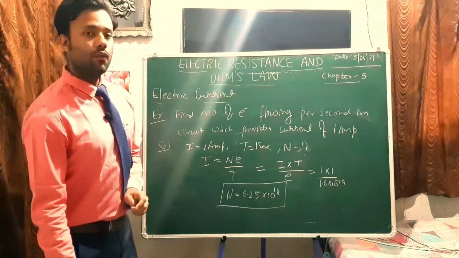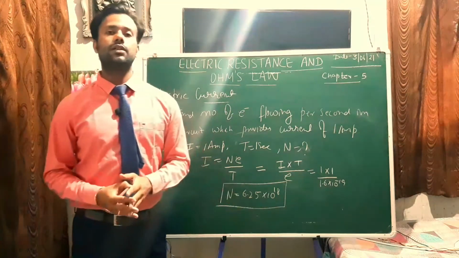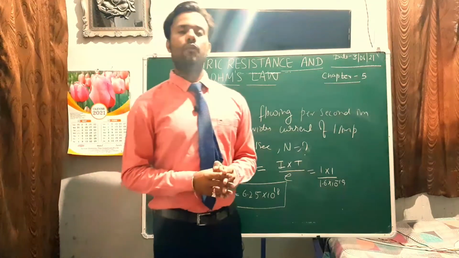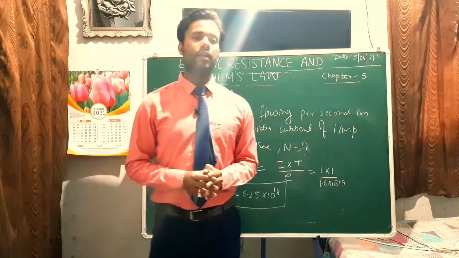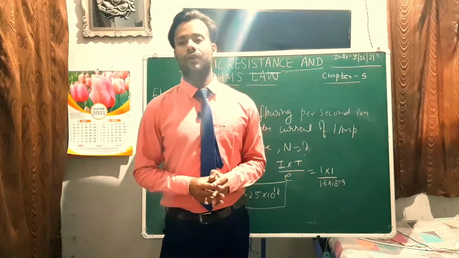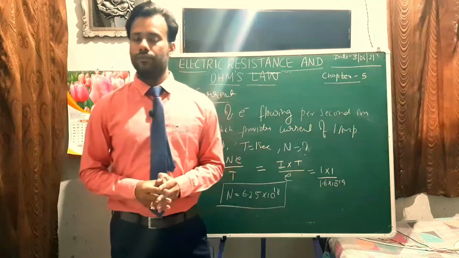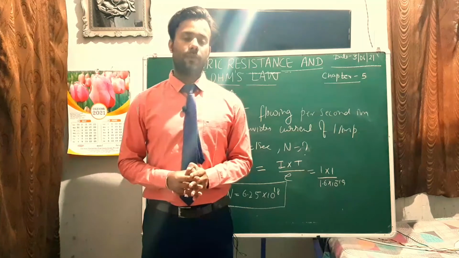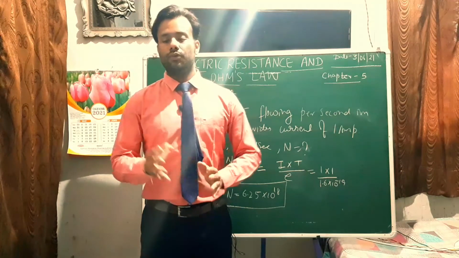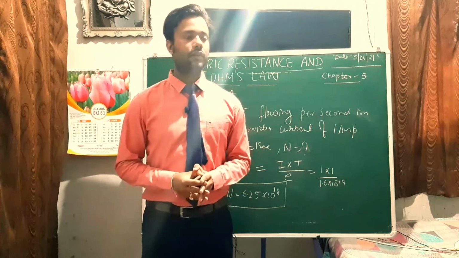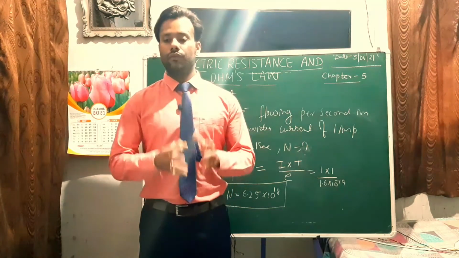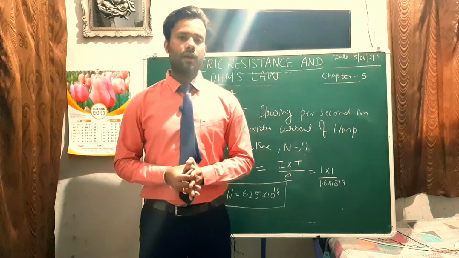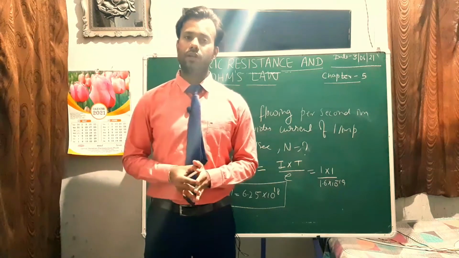That means when this many electrons flow in a circuit in 1 second, they constitute a current of 1 ampere. Somebody may think that 1 ampere is a very small amount of current, but no. 1 ampere current is good enough to give a fatal shock to the human body. Even if 1 ampere current flows continuously through the body, it will do a lot of damage. So 1 ampere current is not that small, it's quite a good value of current.